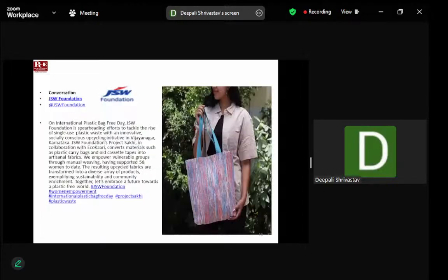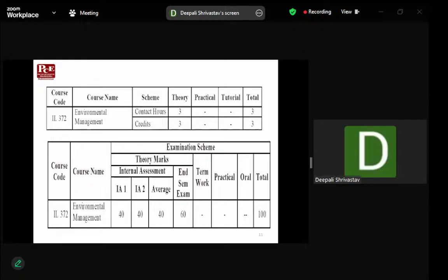Recently, bigger companies like JSW are now contributing to plastic awareness, waste management, and upcycling. They are engaged with empowerment, like EcoCari. They have managed plastic waste by converting it into different types of bags and aesthetic items to be used. If we go for the course of environmental management, the contact hours will be 3